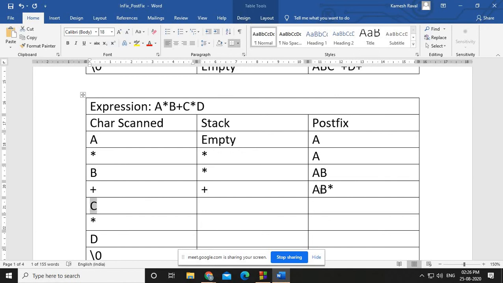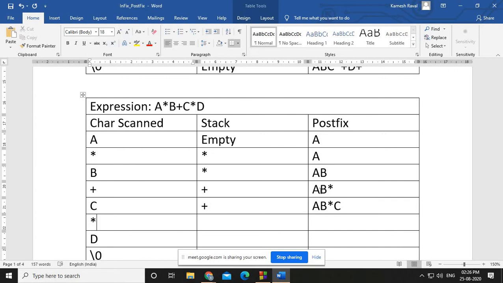What is next? C. C is the operand. If it is an operand, so here AB star C, and the stack does not have any change, so plus. Similarly what we are getting is star. Again the star is there, and what is there in the stack? Plus.